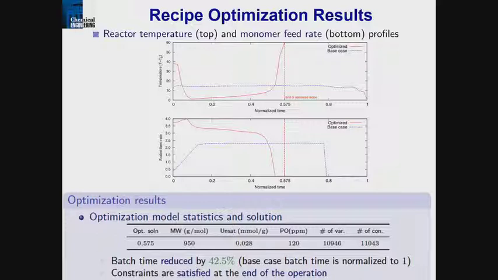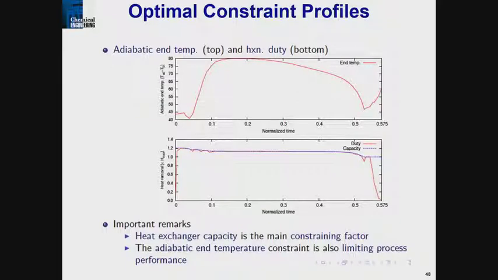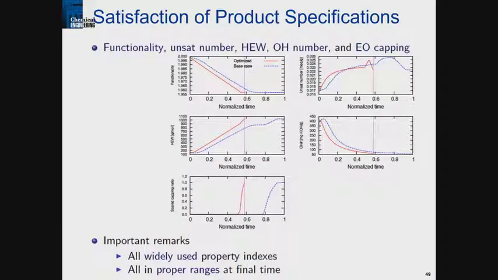Now, it turns out at that point, the reaction's done. It satisfies the specs, and let me show you what happens. That's where it rides the constraint, the cooling constraint. There is this other safety constraint up here that it barely hits in case you lose cooling. It's kind of artificial. And then what happens at the end is that, okay, now you're done with the cooling capacity. This is where you can increase the temperature. These are all the specs of the product at the end, and you can see even though it took much less time, all of the specs were met.